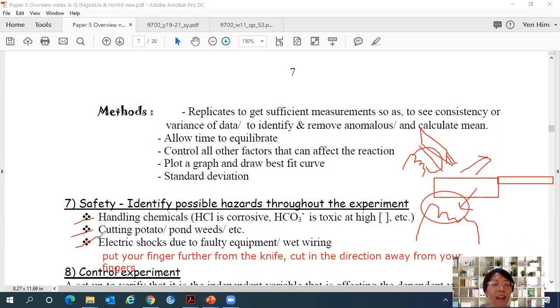Okay, all right. Now, there's some apparatus that are connected to the electricity. So of course, you know that for this kind of apparatus, it cannot get wet. Okay, very important. And also you cannot handle it with wet hand. So how are you going to write for this kind of apparatus? You must make sure that your hands are dry when you handle it,